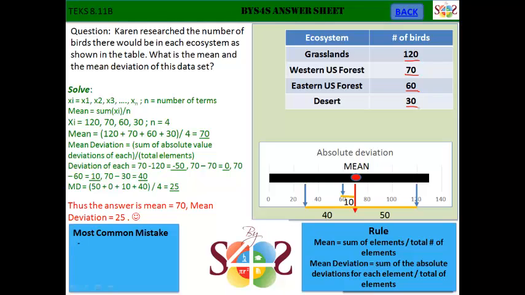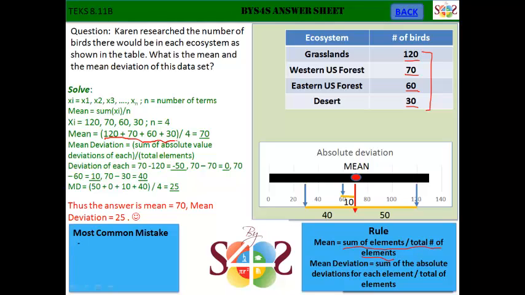So in order to find the mean, it is simply equal to the sum of the elements divided by the total number of elements. First off, the sum of the elements is pretty much going to be adding the number of birds together. So here we already have an example,